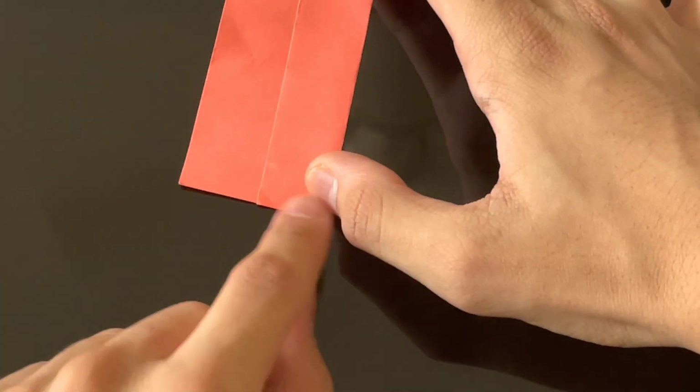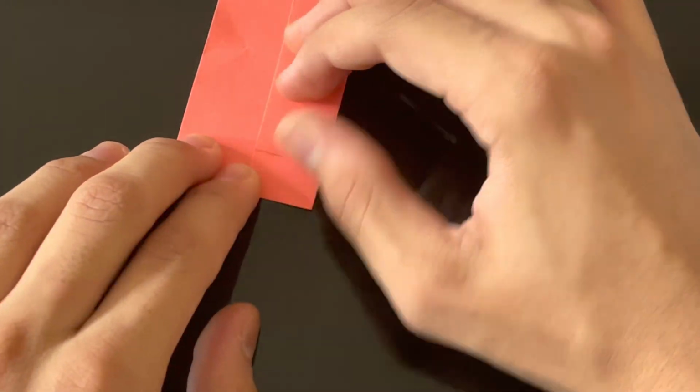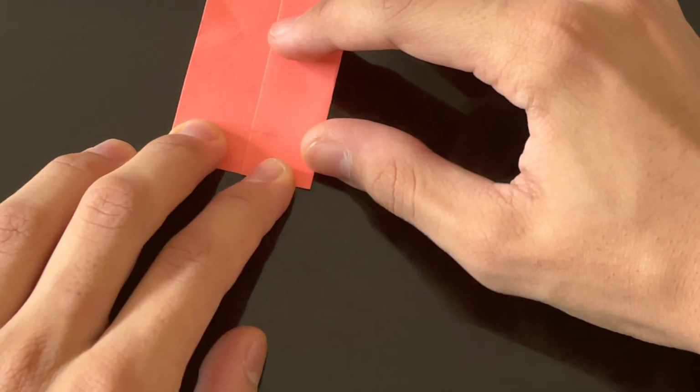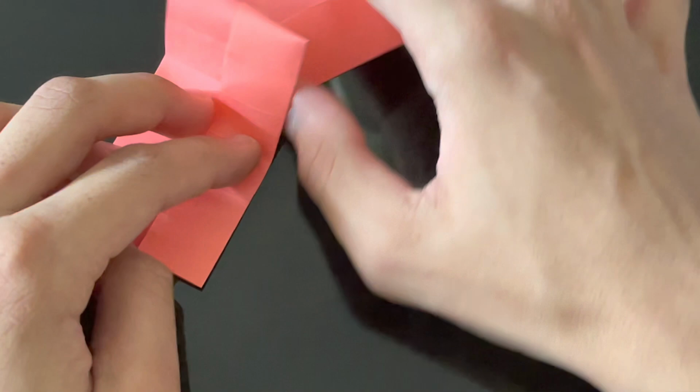you can check if you're correct by looking if this edge is matching correctly. It's a little off for me, but I can just fix that. There. Now do the same. No, you don't actually do the same. Once you have one,